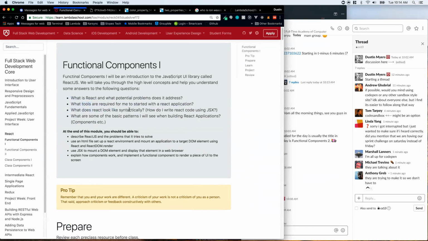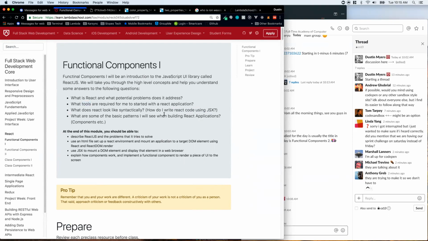We covered some React syntax, how we write code in JSX, and some of the basic patterns that we will see when building React applications with components. So that's where we got to yesterday, and today we're going to be